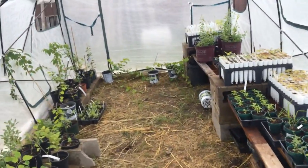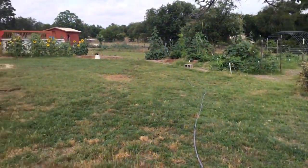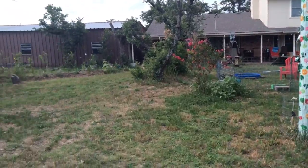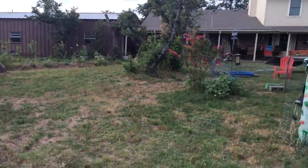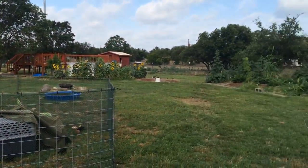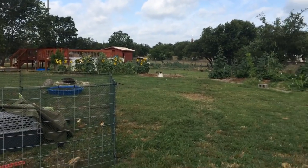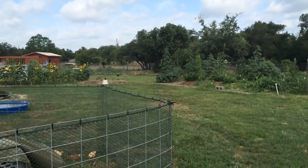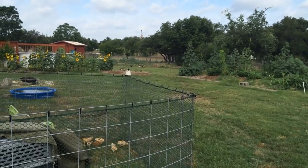But there's the greenhouse. There's the Zone 2 garden. There's the Zone 1 sunflower forest garden. There's the house. There's that urban showcase that we took you through. So that's all just here. I didn't even take you up the end of the fence where one of the new Hoogles are. Barnyard 5 Mafia is way out there in the west pasture. And you see where Buddy and the ducks are walking through? That's where the new house is going to go. We're going to be putting a duck house in the end of this week for the ducks on this side of things, and